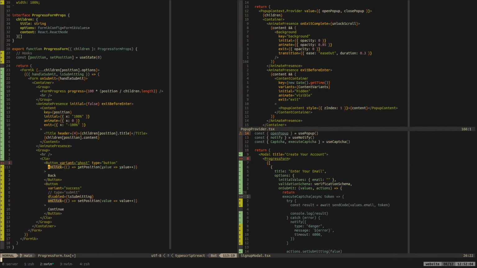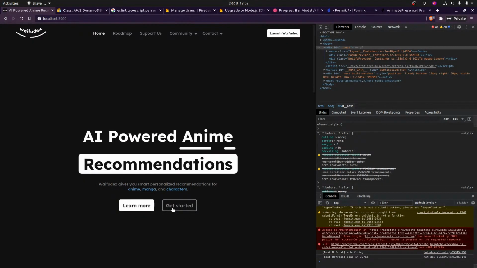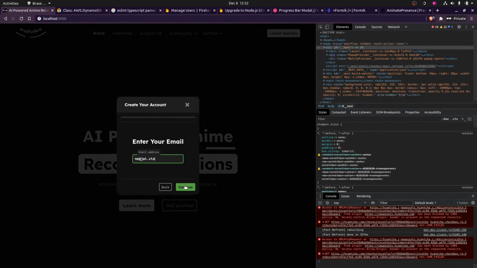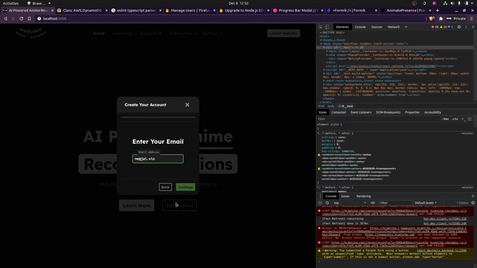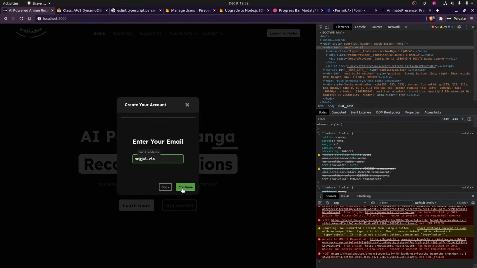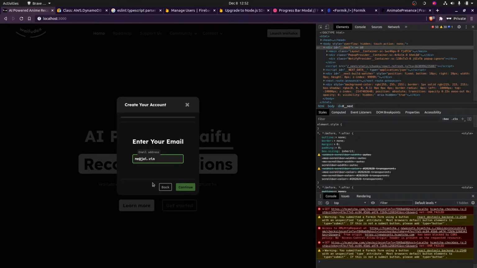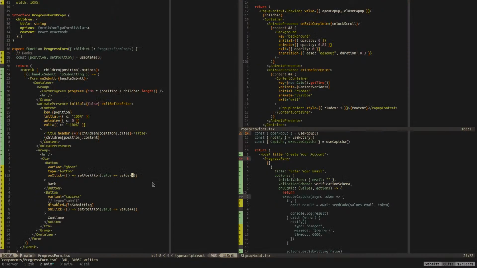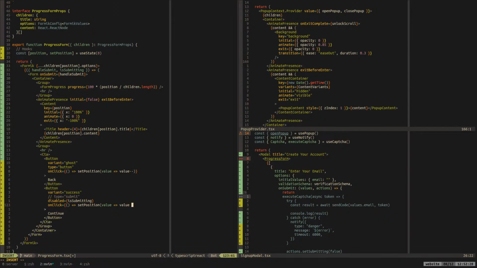So instead of just going back and forth, I can actually go back and forth with the buttons. That's interesting how it lags or something. Oh, for some reason that's still not working. Oh, that's why.